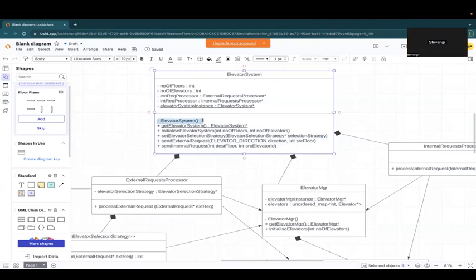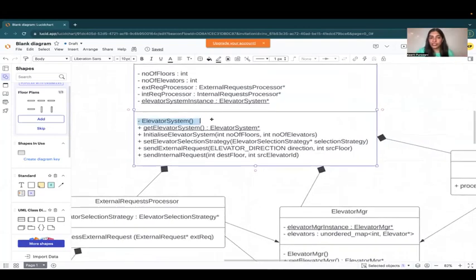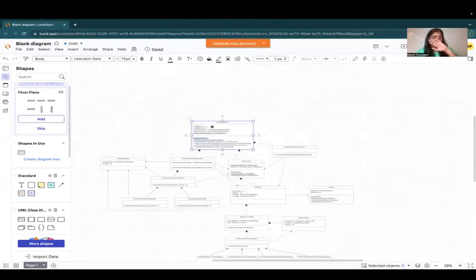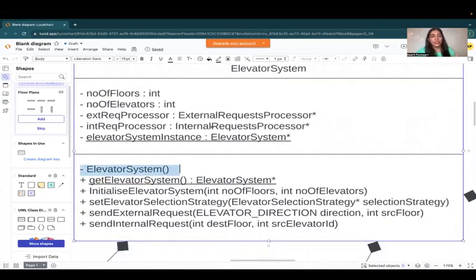Why is this a Singleton pattern? Private constructor. Very good. So this is a private constructor. See, again, back to basics. From the UML itself, you should be able to tell what design patterns you're using,